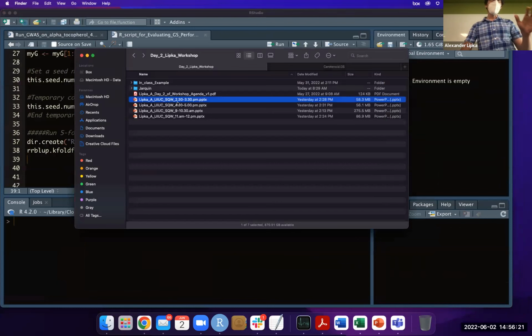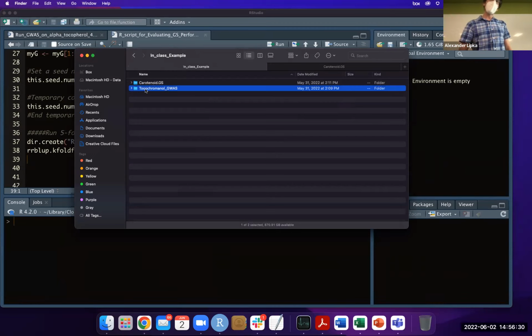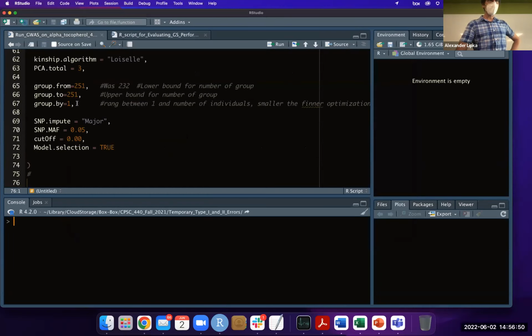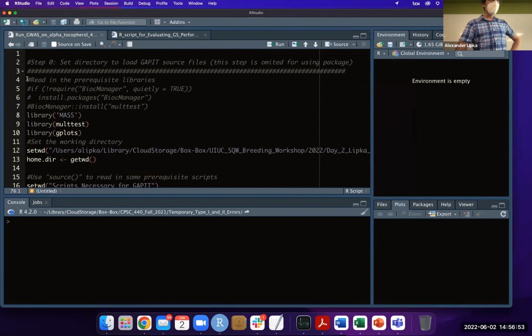Okay, so when you go to the box folder, and you go to day 2 Lipka workshop, you'll see in-class example. The folder that says tocochromanol GWAS, believe it or not, that is the GWAS take-home demo. Okay, so I described all of these files in the slide. So what you want to do is go to the R script, which is over here. Okay, so here are all of the packages that need to be installed. Multitest is an awesome package. It's part of Bioconductor,